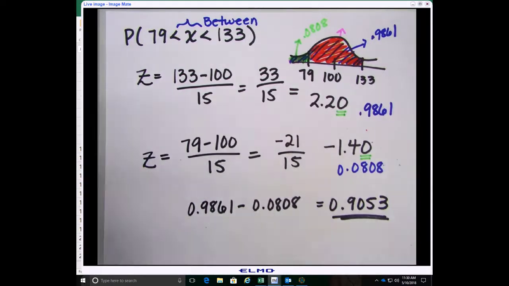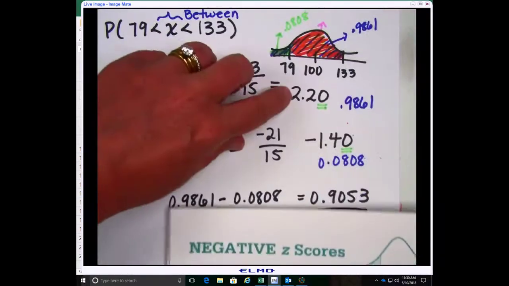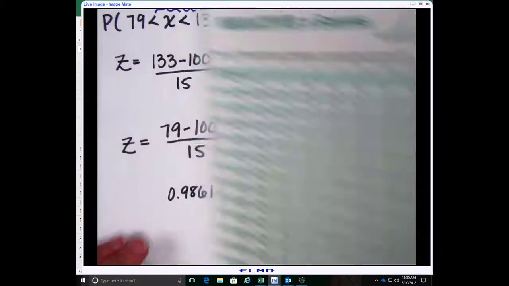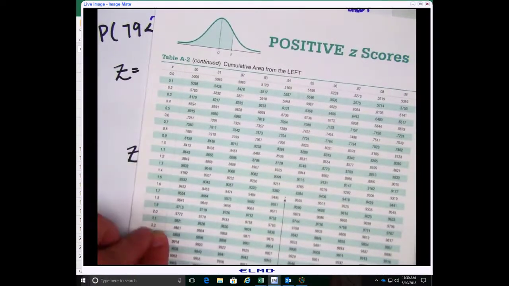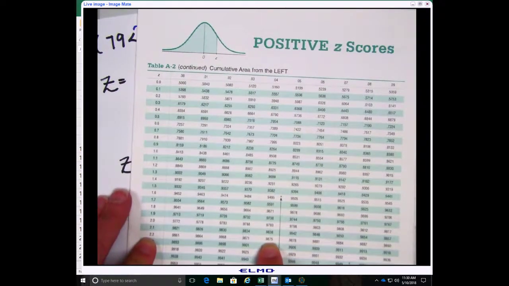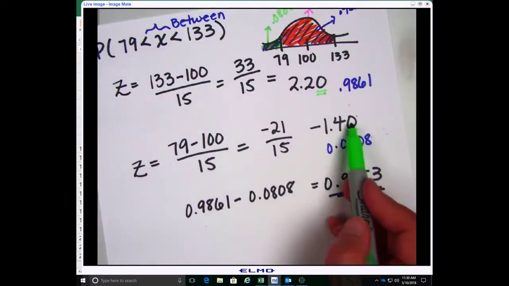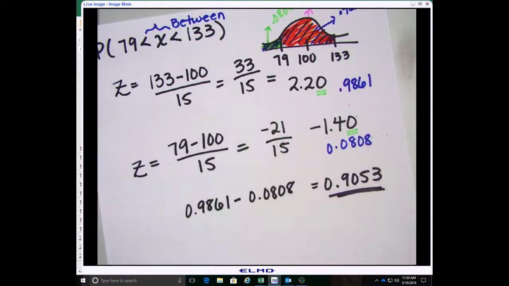Now, it's just been a coincidence that all of these have ended in a 0 here. And so that is why we're always taking the first value in this first column. If I got 2.24, then I would have to go to 2.2 and come across to the 4 here. Okay, so please don't think that you always take the value in the first row. It just ended up that way because all of my values ended in 0.